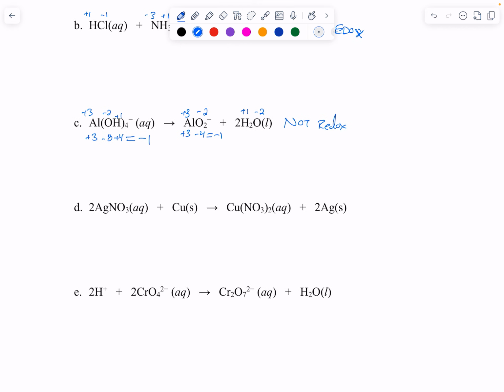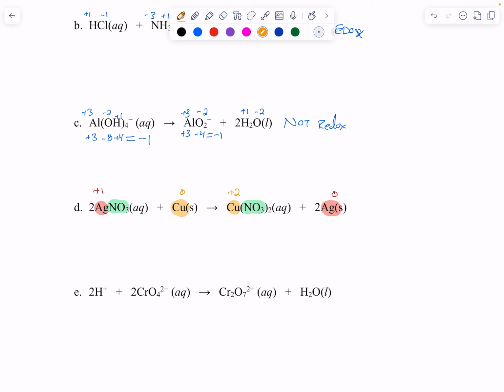D. Ooh. One thing you can look at. I have nitrate here, right? Do you think nitrate changes its oxidation states? Nope. And what do you notice here? I have silver by itself, and then silver with something. Then I have copper by itself, and copper with something. Ooh. So if nitrate is -1, I think silver is +1 here, and I think silver is 0 there. And then same thing with copper. Copper is 0 here, and there's 2 nitrates, so it's